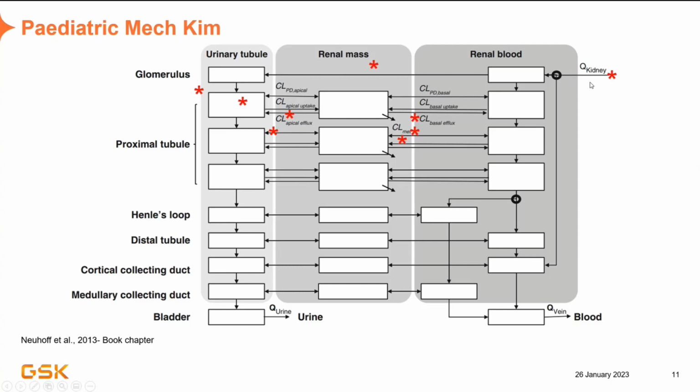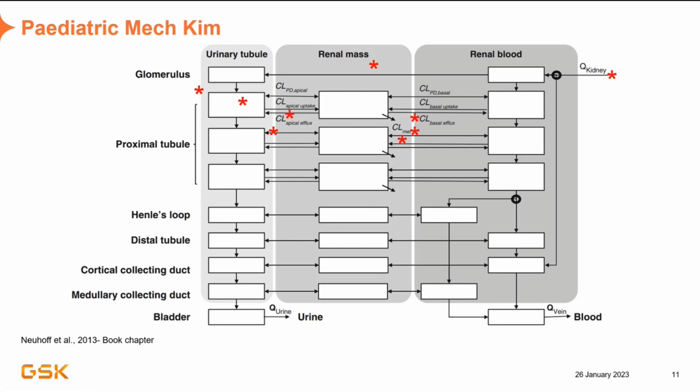The rate of the blood flow to the kidney is going to be defined as equal to the GFR for the first segment. And then it's moving from one compartment to another from the blood, and then we have the clearance, passive and active clearances in the proximal tubule, and then we are moving the urine from one compartment to another. The stars I've made here, this figure is from Sibylla's book chapter.